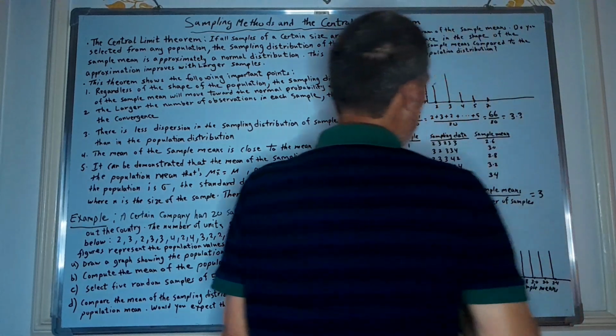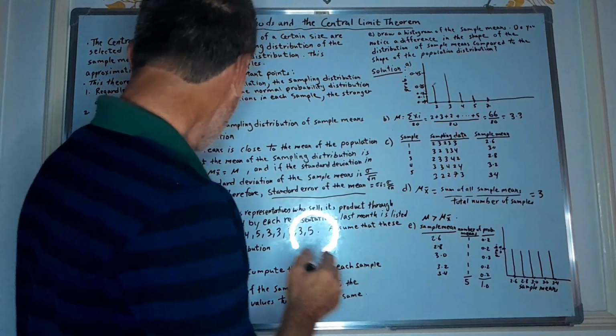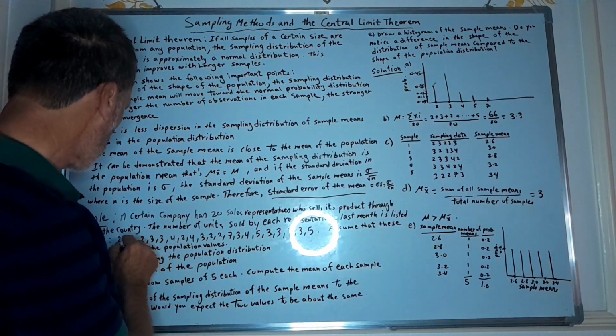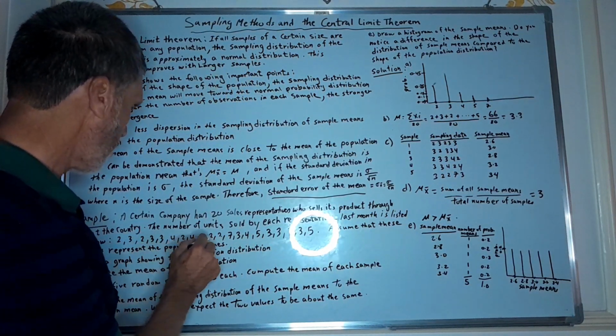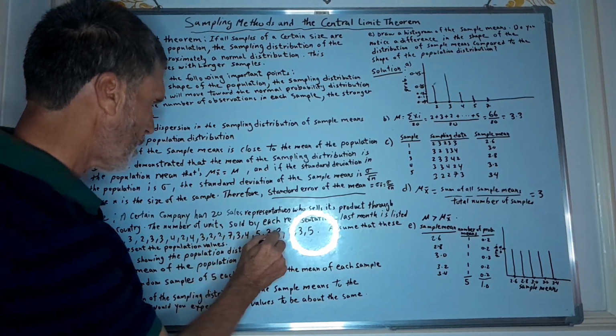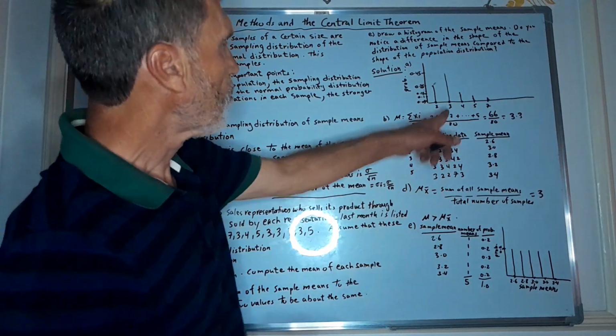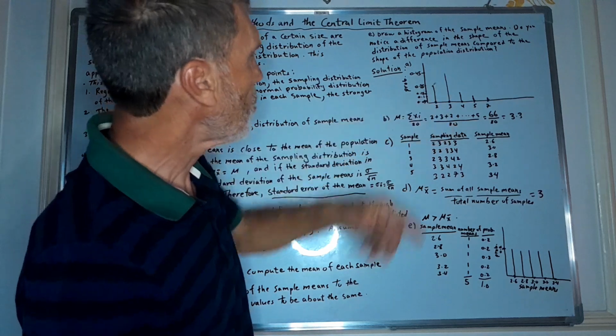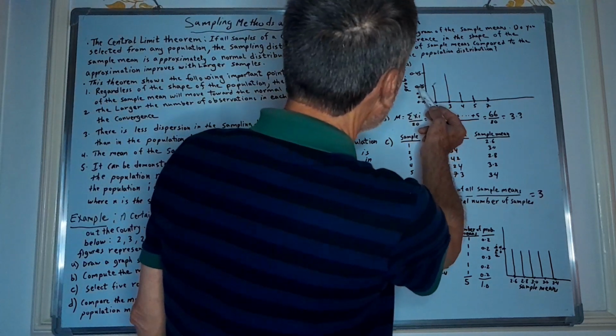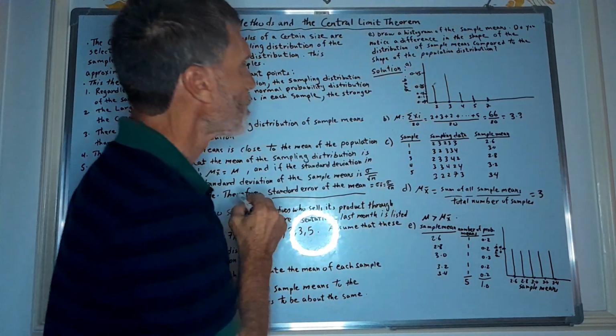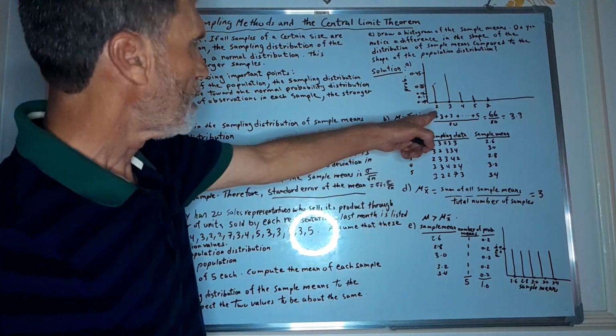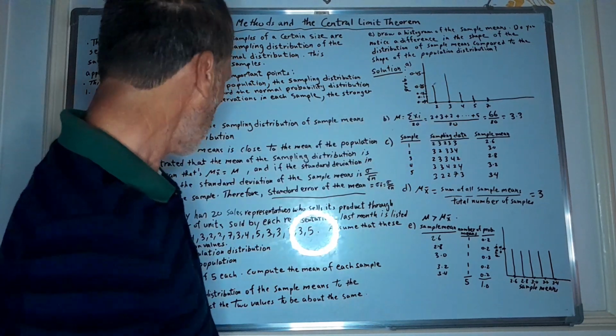Of course, for 2, how many items do we get? 2, 1, 2, 3, 4, 5. So we get 5 items. Of course, for 2, the probability is, as you can see, 0.25. Okay, and the probability of 3 units, of course,